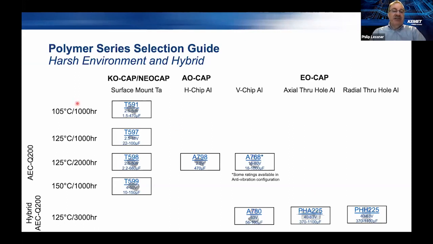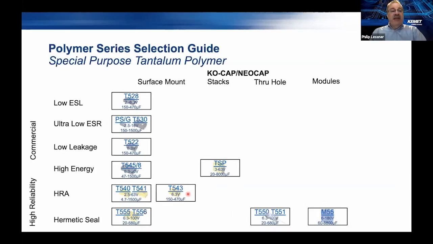And again, all these links are clickable, so clicking on any of these series will take you to the data sheet where you can get further information. And then finally, we have a wide variety of what I call special purpose tantalum polymer series that are aimed either at ultra low ESL and ESR type of ratings that are particularly used in decoupling for microprocessors, low leakage series, and also high energy series, which are aimed at